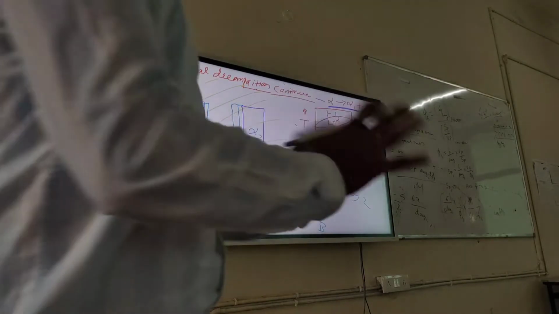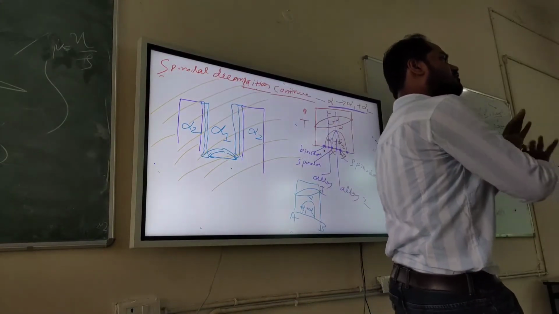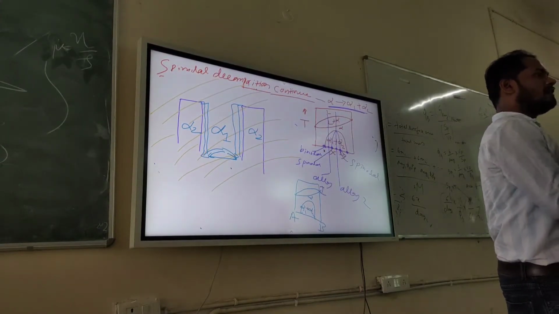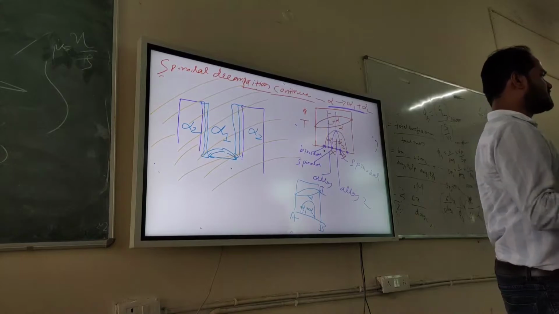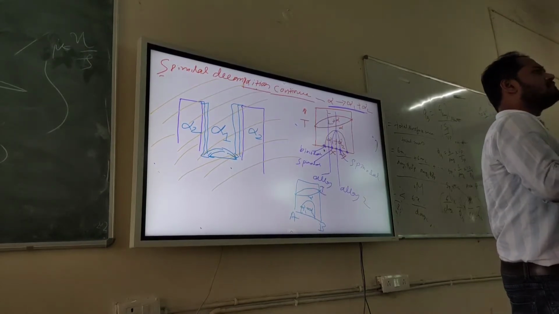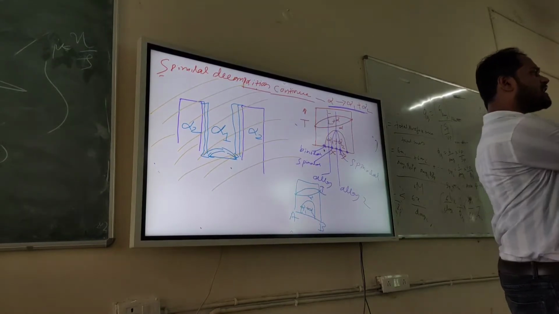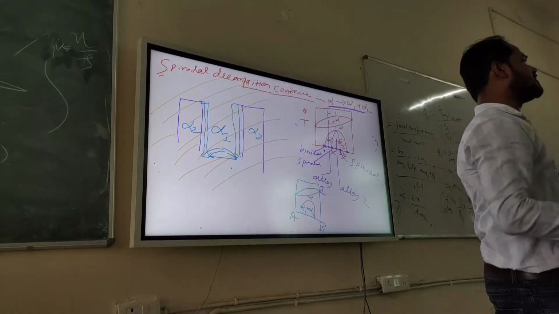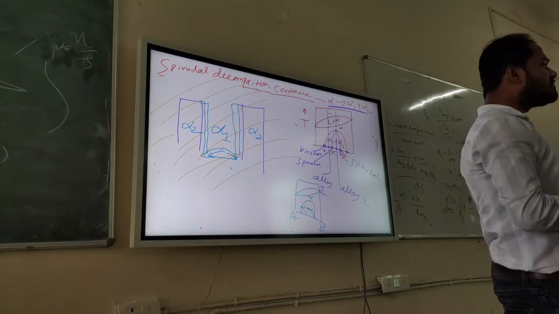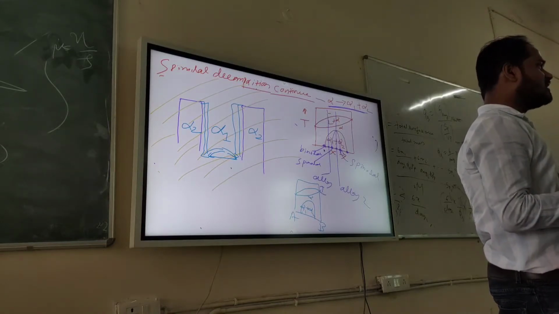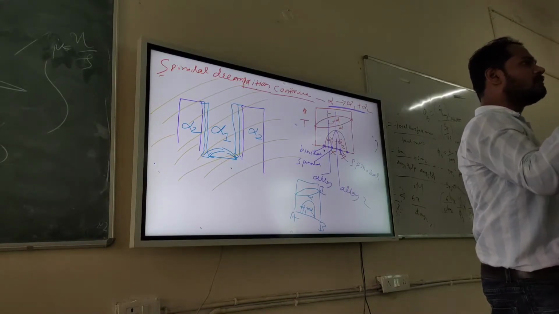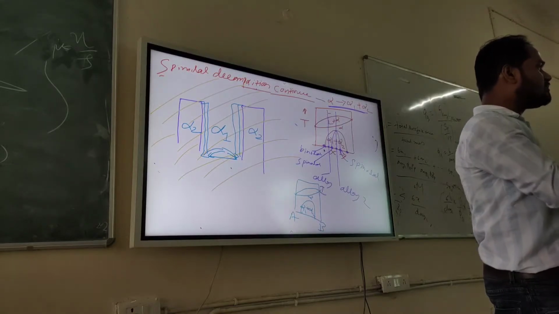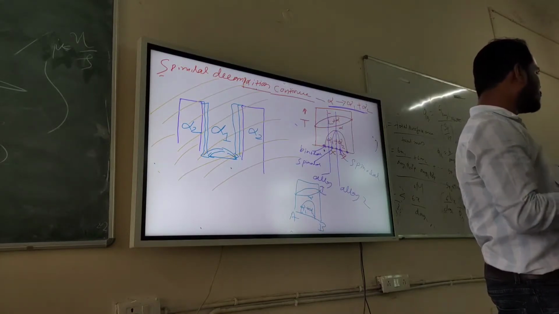Again I am repeating. This is very simple. Imagine a situation where you have alpha only. Alpha only means everywhere A and B atoms are present, uniform. But sometimes it happens B atoms get segregated in one region, and in another region. So those two regions become alpha 2 because they contain more amount of B, less amount of A. And if these two alpha 2 want to grow, then B atoms should move towards them only. Then only it will grow.